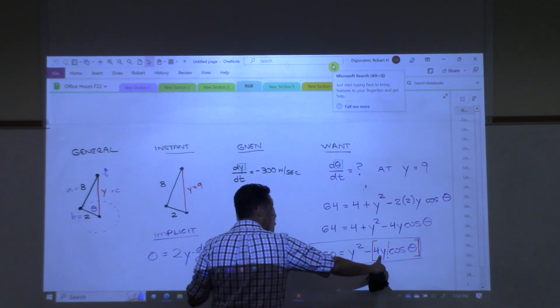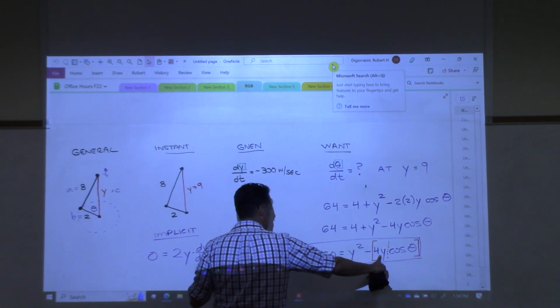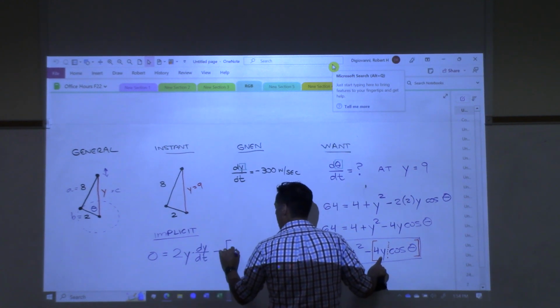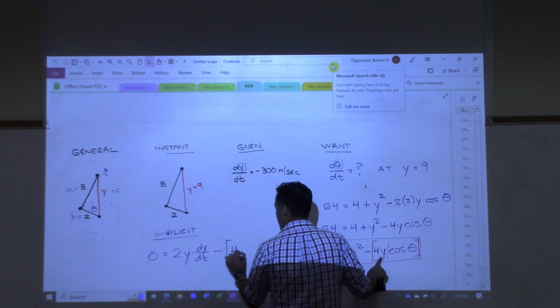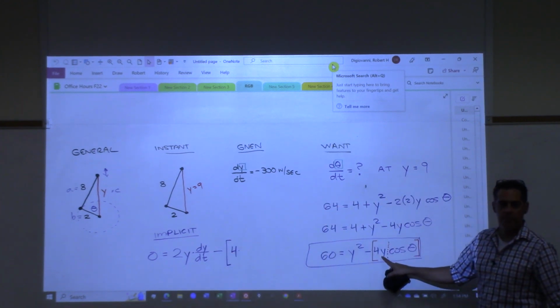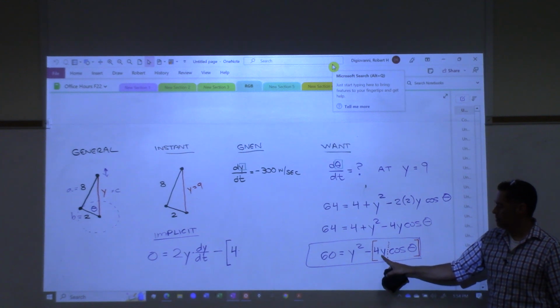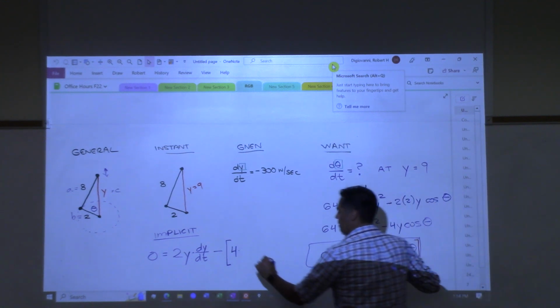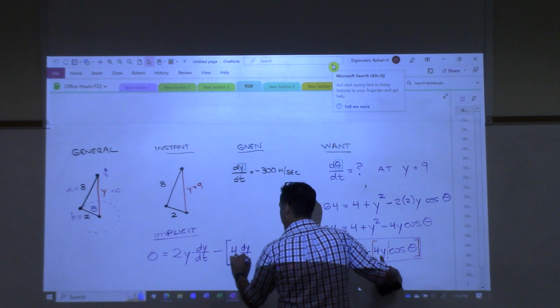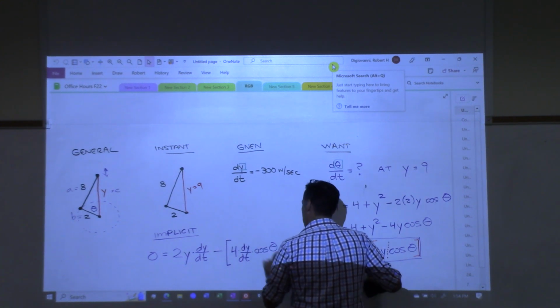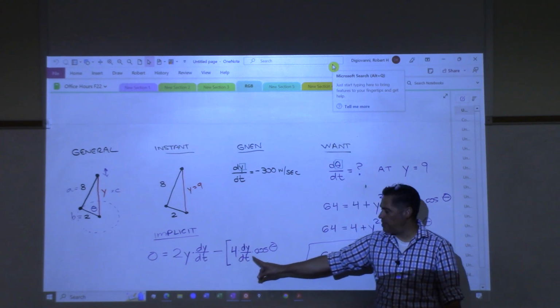Negative 4. Oh, for what? Yeah, ignore the negative for now. What's the derivative of 4y? 4. So 4 comes for the ride. What's the derivative of y? dy dt. Now times cosine theta. So there's the derivative of the first one times the second